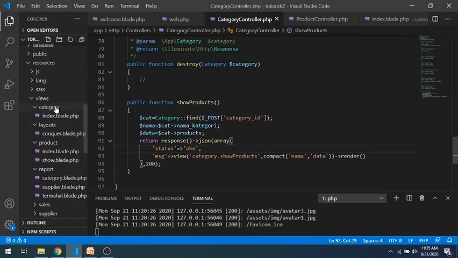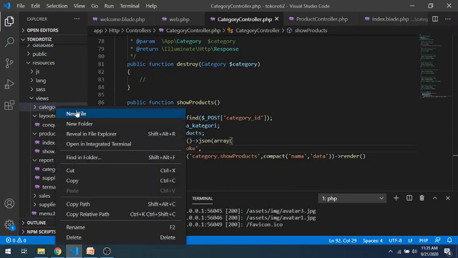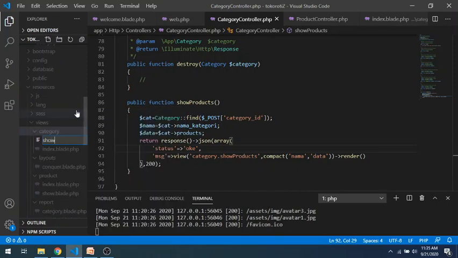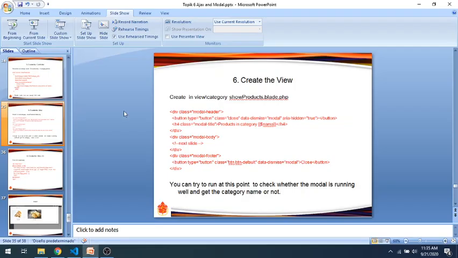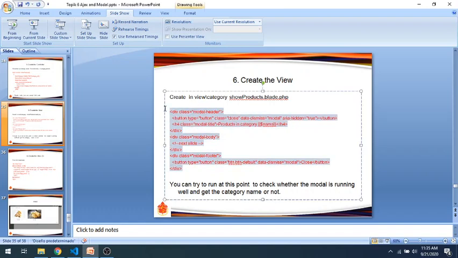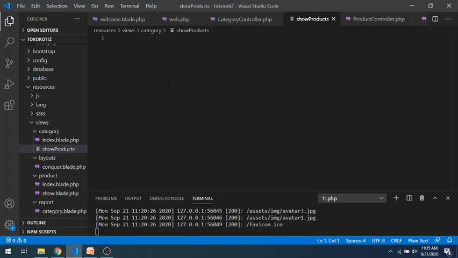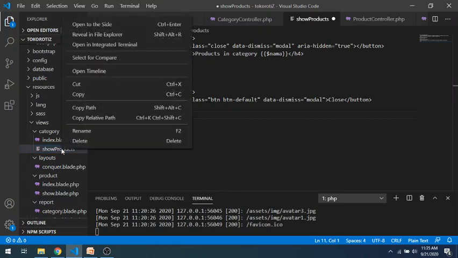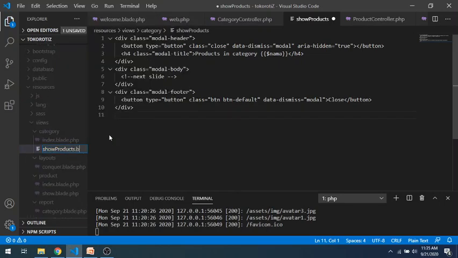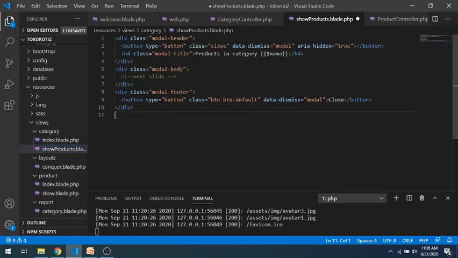We create a new file, products, and we create the structure of the modal. So product.blade.php. Okay, modal header, we put the nama of category here. Product in category name.